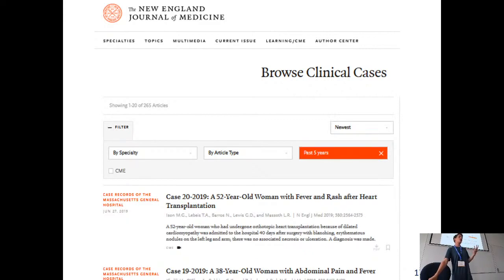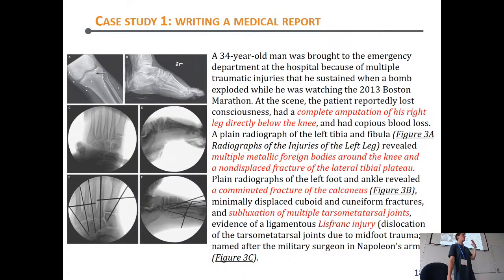Then, of course, that requires a little bit more work because I need to select the relevant information. The description is usually quite long, so I just select what is really important. The good thing is that usually these include also X-rays, pictures, so that again enhances motivation. And students see the real picture and the real story behind the report, which again makes it more interesting, let's say. Usually they are supposed to